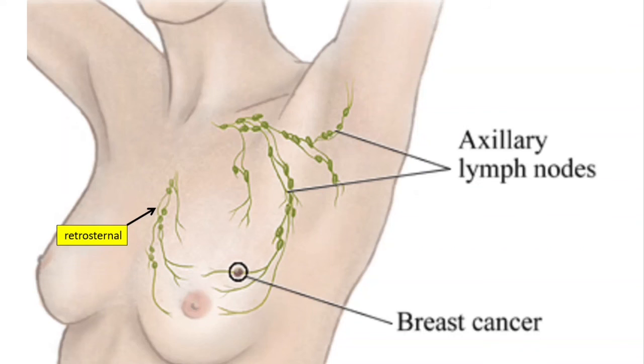There is a problem, and that is cancer of the breast can spread to a group of lymph nodes posterior to the sternum, which we cannot palpate. So we cannot tell the whole story of whether this cancer is